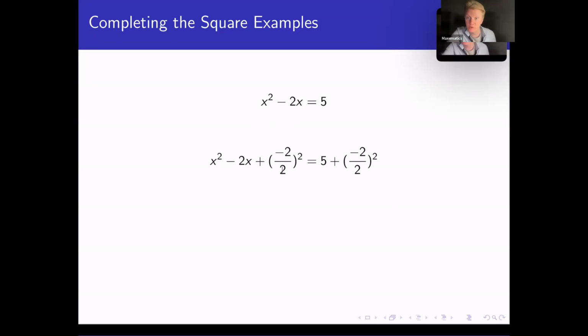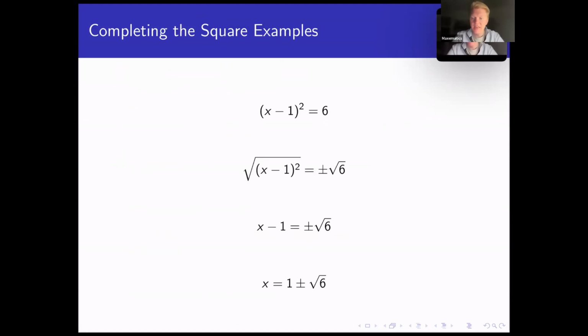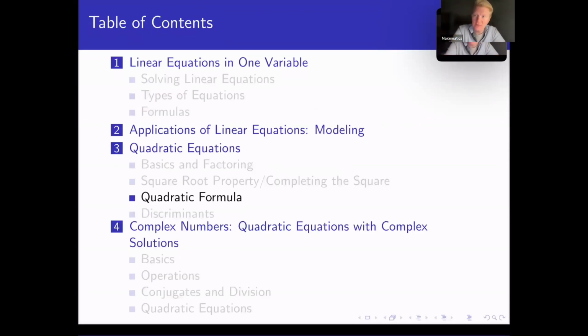Negative 2 divided by 2 is negative 1. Negative 1 squared is positive 1. Left side factors to (x minus 1) squared. Right side simplifies to 6. And now square root property, take the square root of both sides, get plus and minus, x minus 1 equals plus or minus square root of 6, and add 1 to both sides. Okay, so completing the square, like I said, probably not something you do all that frequently, but quadratic formula